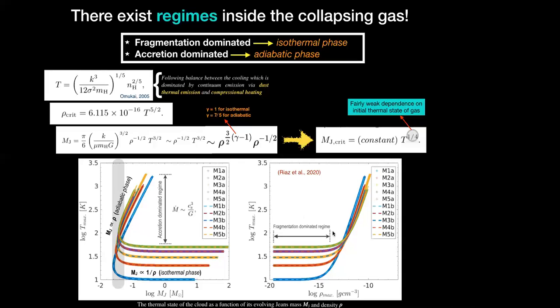And if you see the other part of the figure, which is the right hand side, the density and the temperature are represented here. The temperature initially remains constant because it's isothermal, and then the density and the temperature start increasing while the density keeps increasing all the time. So this is the trend we found in our simulations, which is obviously very much expected. These red and green shades represent the phases of the gas collapse where this process is going on.